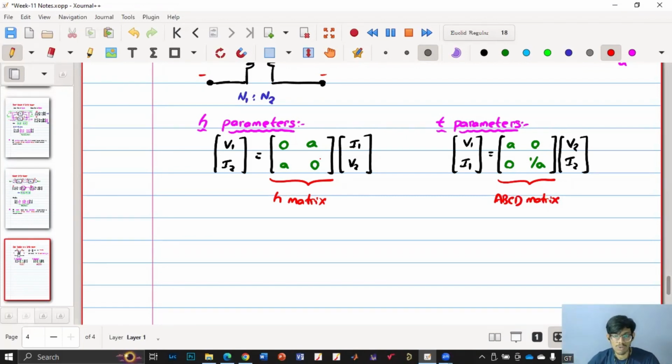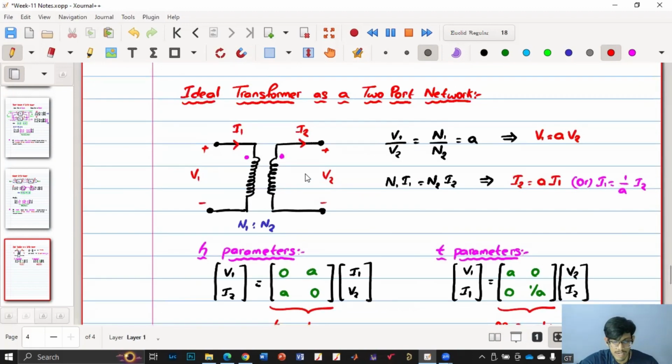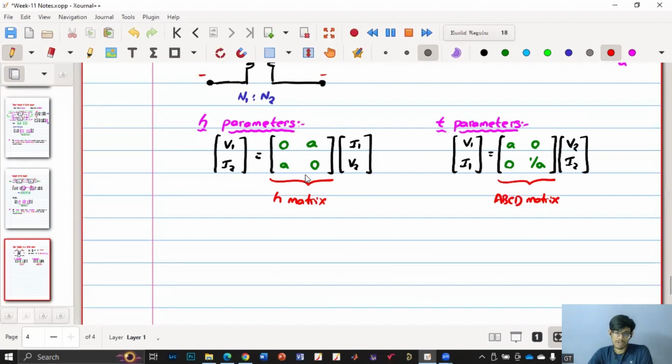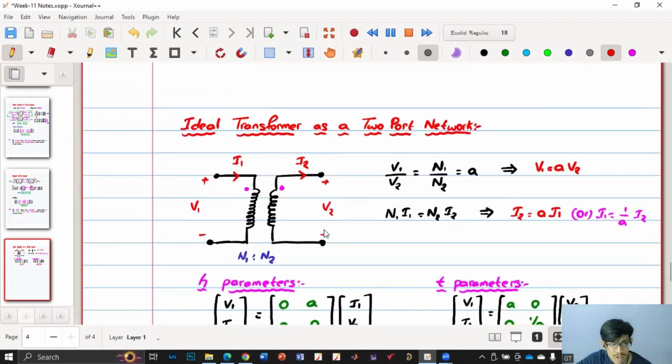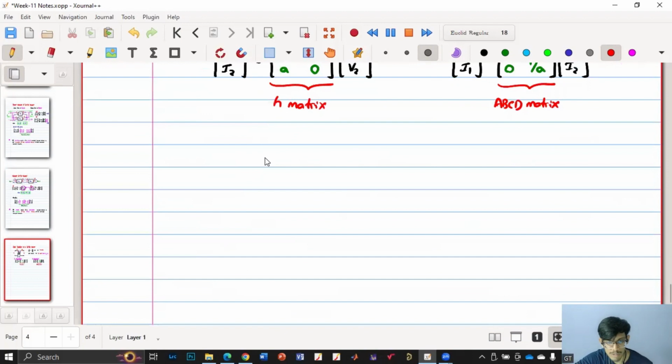All right. So for a given ideal transformer, here we are considering only an ideal transformer, we can get the relation between the voltages and currents. And here we have considered H parameters as well as T parameters, and these are the matrices that we have obtained. So now let me ask you one question. If I connect a load over here, what is the impedance seen from this port? So what I mean to say is,